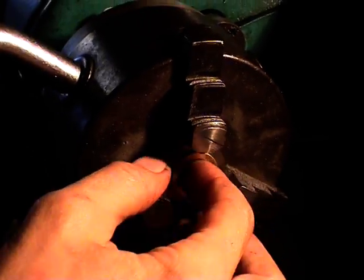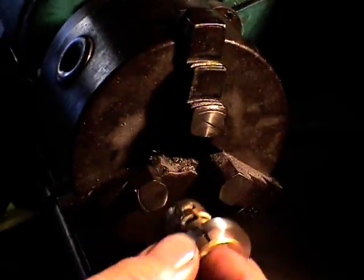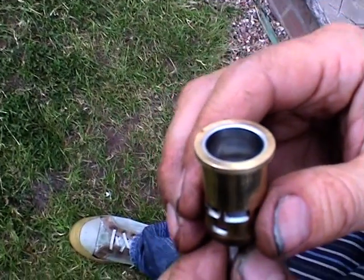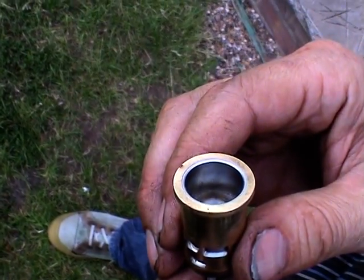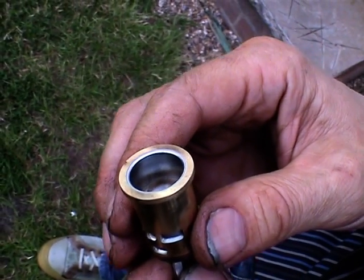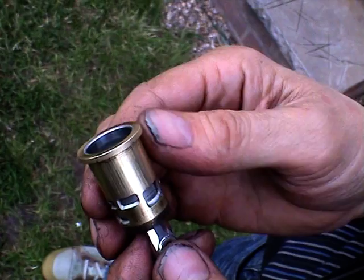Okay, let's try the old piston in there now. And there we go. Okay folks, it's Andy here. I'm just going to show you now what the results are after we've repinched the liner in that 3-jaw chuck. Now, as you can see,